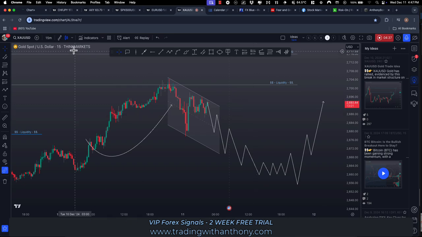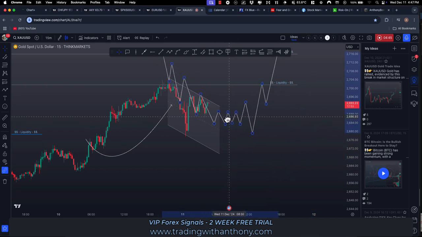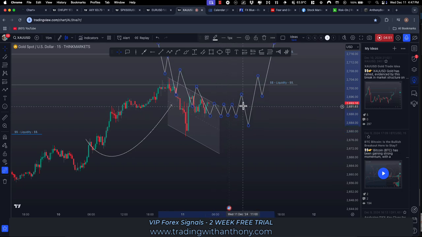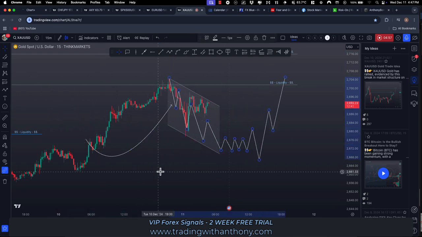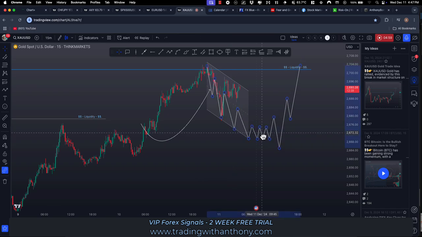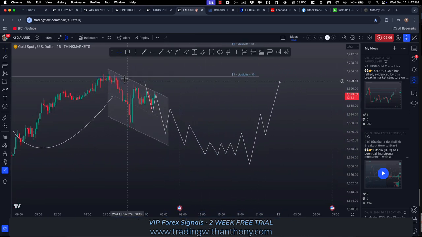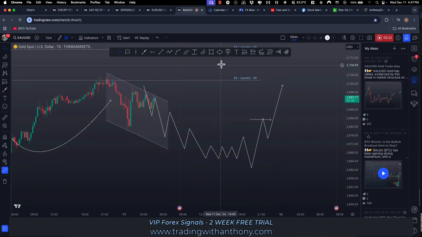This could happen anywhere. It could happen up here. All right, we're looking at this range where my mouse is. It could happen here. It could quite happily trade sideways here and then break structure bullish, or it could come back down into this level here. It could occur anywhere, but I think the key takeaway with this is we're currently seeing lower highs and lower lows. So wait for that to play out, and then you're going to wait for higher highs and higher lows to kick in. So we wait for the break of market structure,